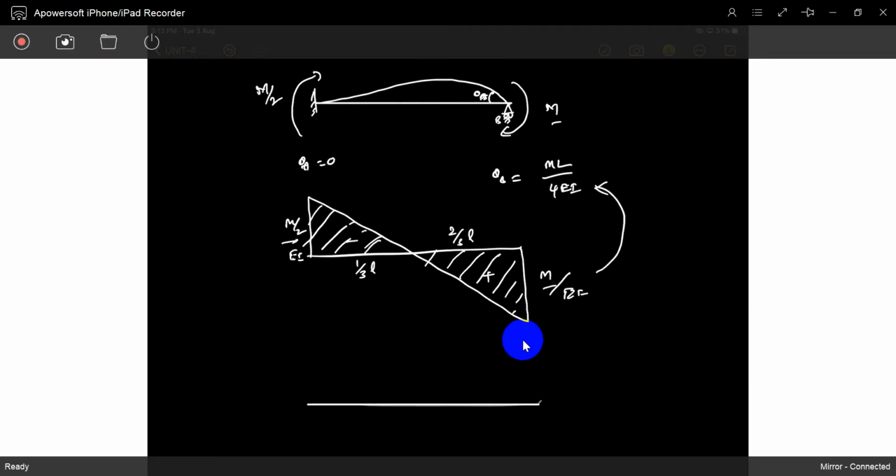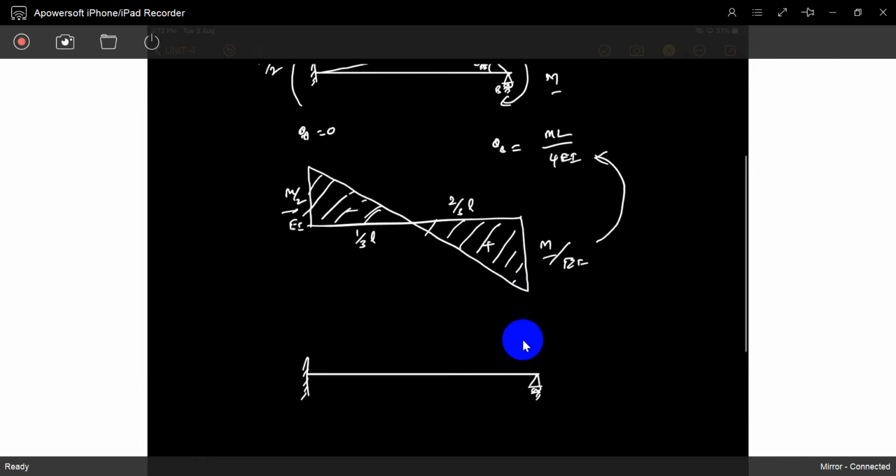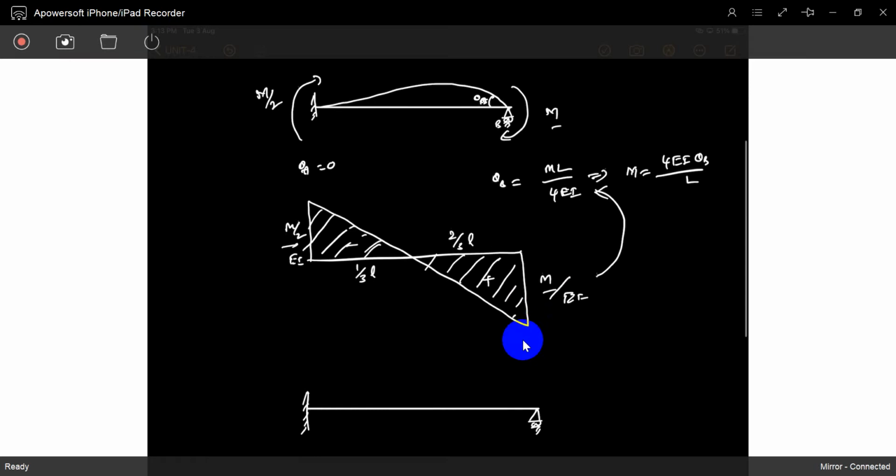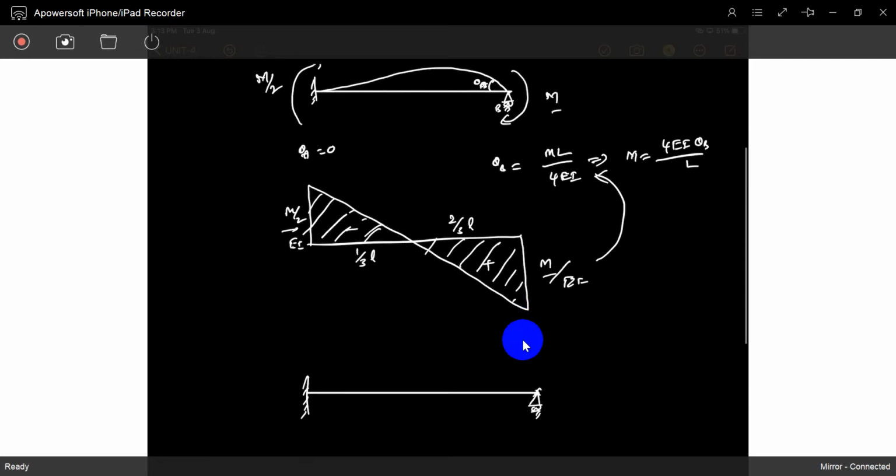See how I can give. Okay, see how I give. So if it is this, what is M? M is 4EI theta by L. Understood? That means, if the B end experiences theta B,